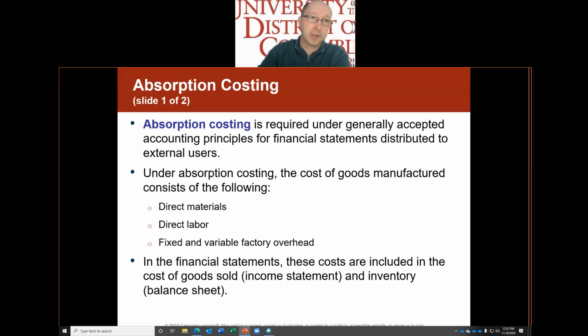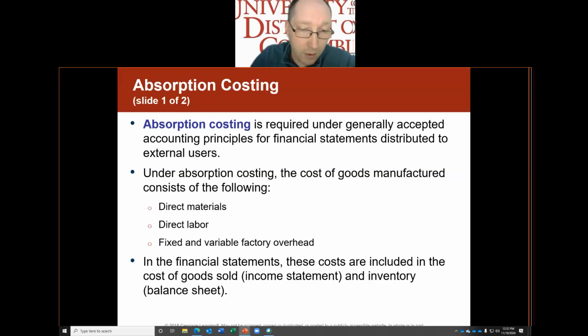The first one is called absorption costing. When you hear the word absorption, think of a sponge. A sponge absorbs water. The same concept applies with respect to costing. We absorb costs. Under absorption costing, the cost of goods manufactured consists of, as you know, direct materials, direct labor, factory